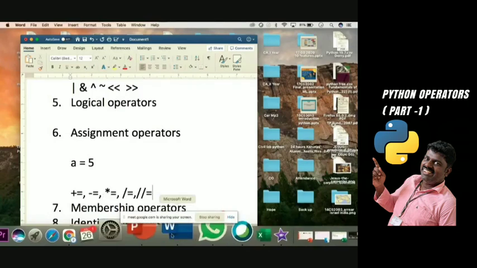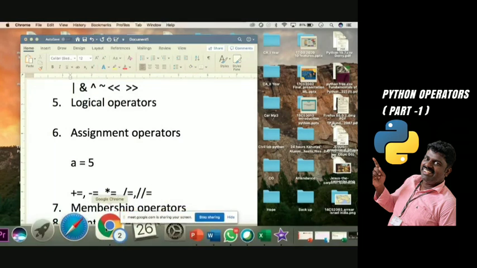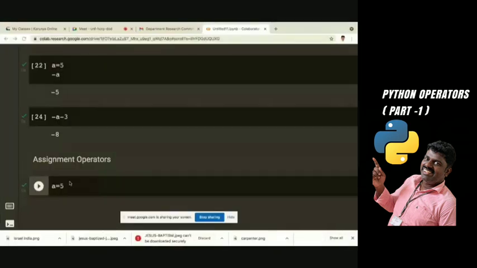Got my point? So what is the meaning of actually this one? If you are giving a plus equals b, what does that mean? I will go to the Colab. If I want to increment the value of a by 1, then I can do this particular thing, a plus equals 1.